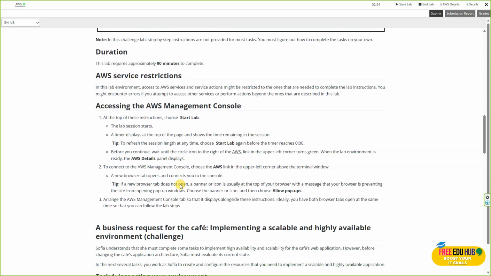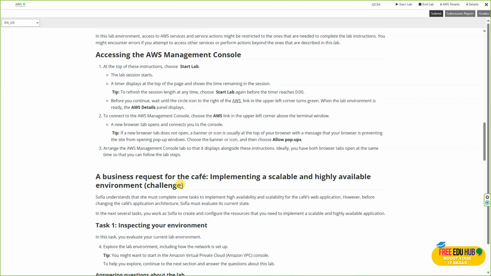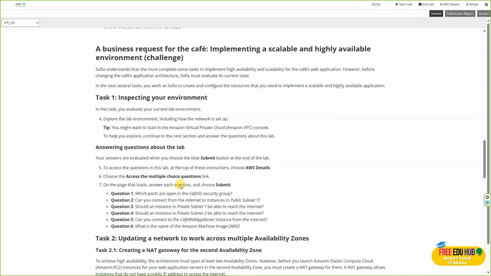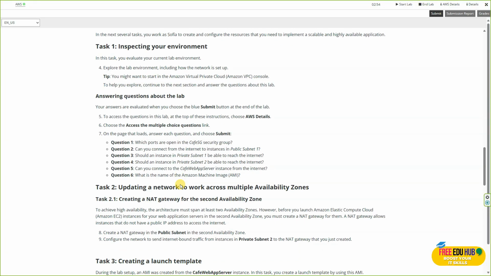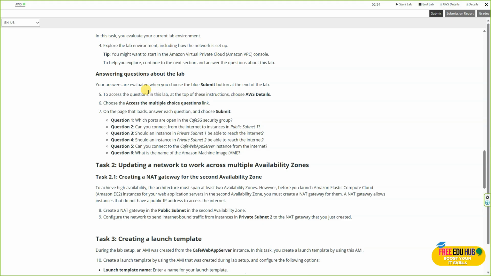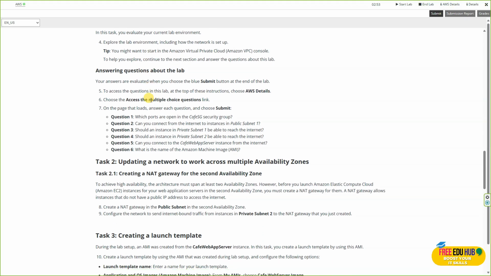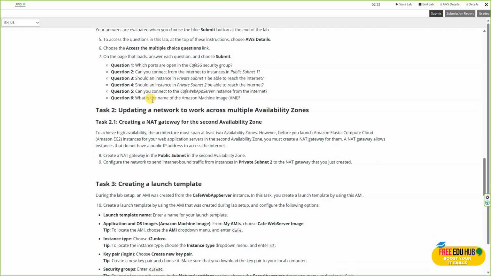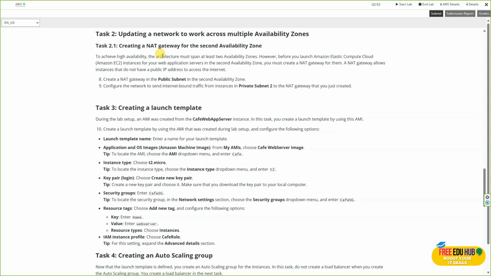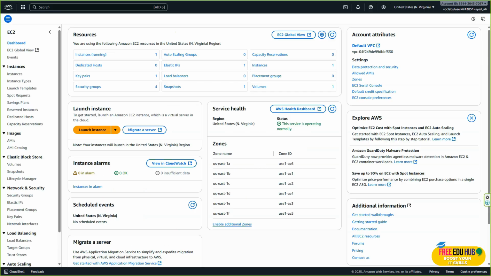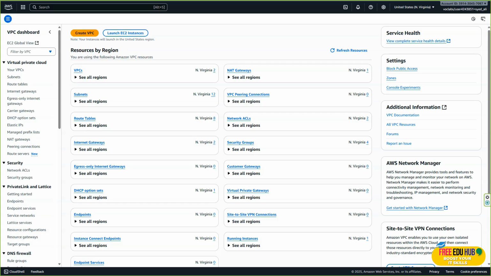So the duration of the lab is around 90 minutes, and then we'll be accessing the Amazon Web Console or the Management Console. And just like the hands-on lab or the guided lab, we'll inspect the overall environment first of all on our VPC, and you'll have to answer these multiple choice questions, and then we'll continue updating the network access across multiple zones. So let's start our lab by going to VPC first of all,